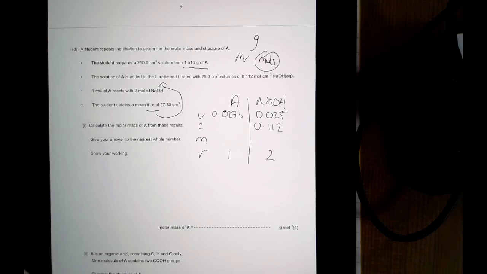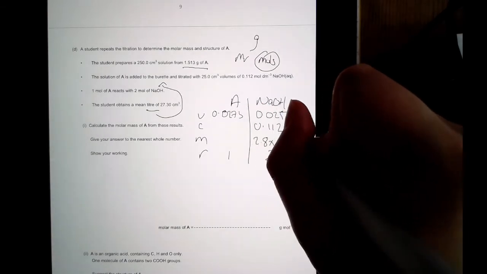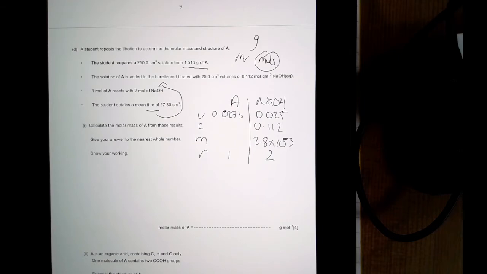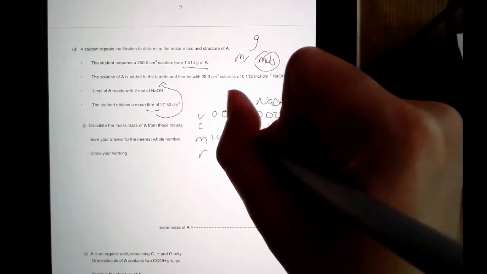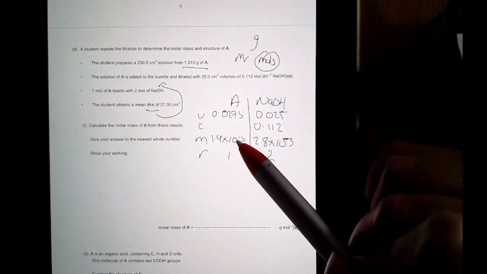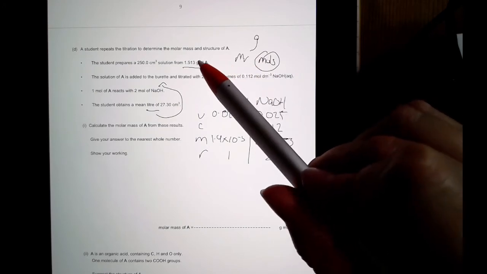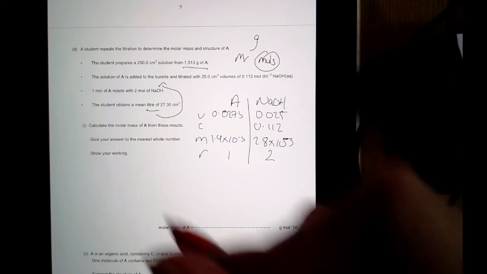So by multiplying these two numbers, I work out the moles of NaOH, and then by using my ratio, I can work out the moles of A, 1.4 by 10 to the minus 3. So I've got my mass of A, I've now worked out moles of A. I'm asked for formula mass. The obvious thing to do then is just do mass divided by moles, but as in the last question, you're given the mass, so